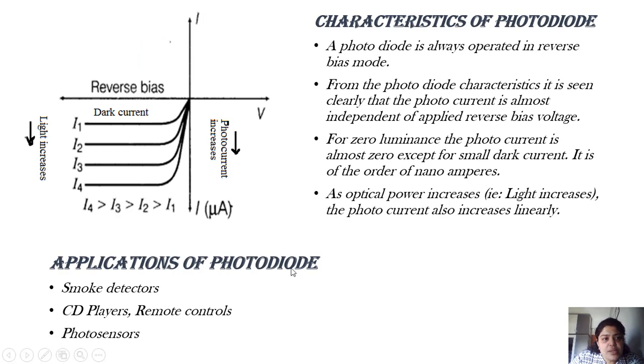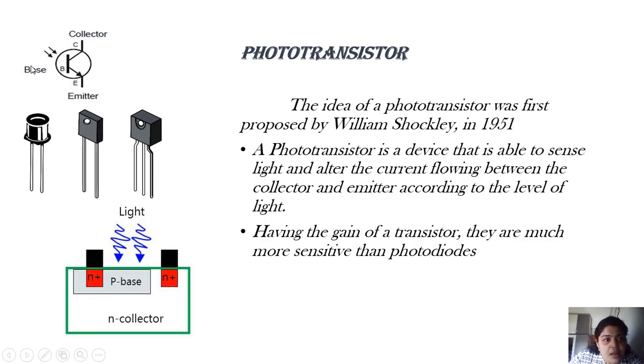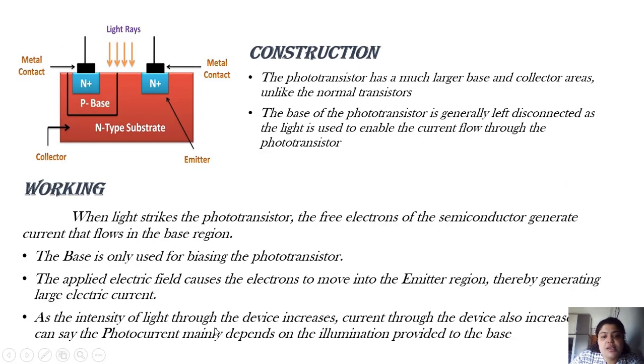Let me just show you in this diagram. Light is incident here. Base and emitter is a PN junction. So the base is used for biasing only. It will release electrons, and where will these electrons flow? It will flow like this and like this. And you will get a voltage across the collector and emitter. It can also control the amount of current according to the light, and accordingly the voltage is varied. And that is the reason it is comparatively more sensitive than a photodiode.